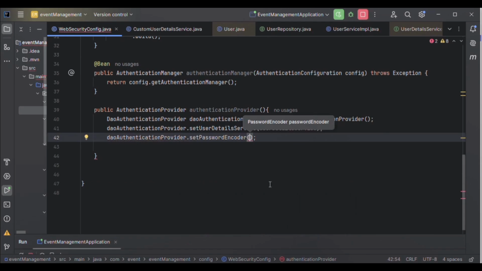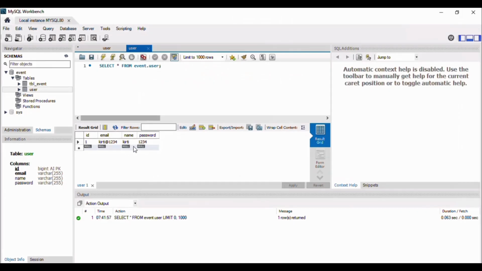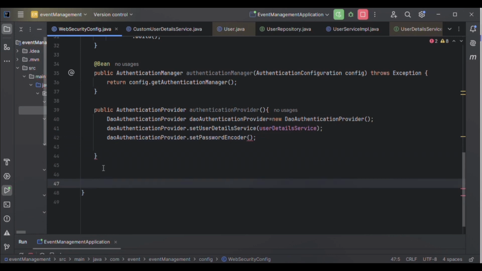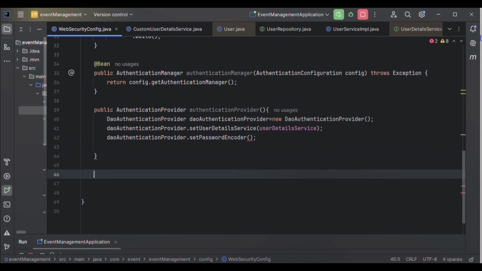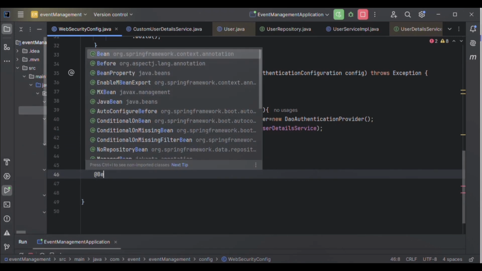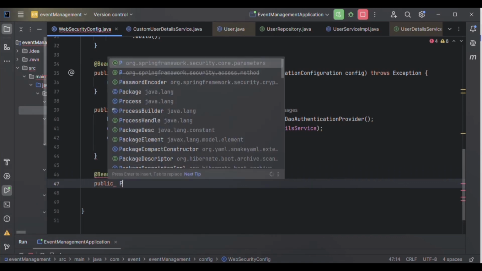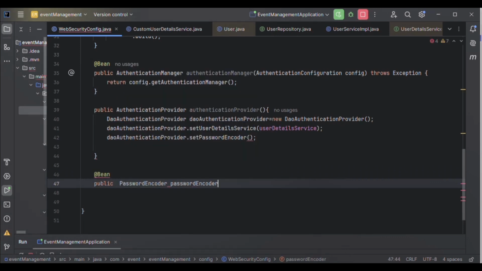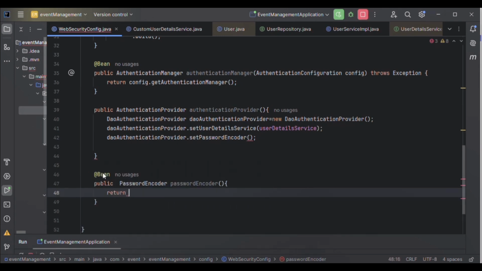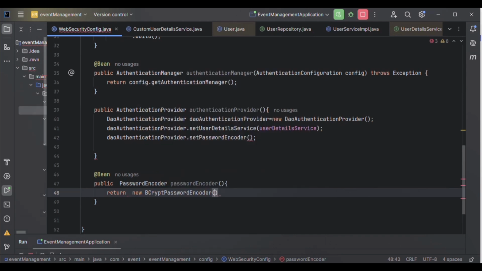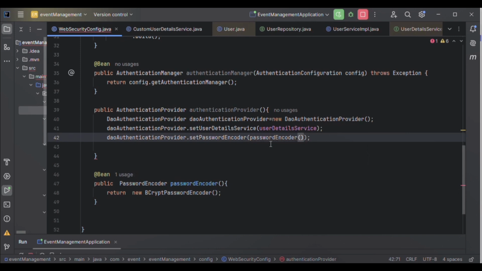Now next is setPasswordEncoder. If you see here, we have stored the plain password, but now we don't want to store any plain password anymore. We want to store the hash password. It is very simple to store the hash password. Spring provides the BCryptPasswordEncoder. We have created the method and it will return the BCryptPasswordEncoder. We just need to call that method here.